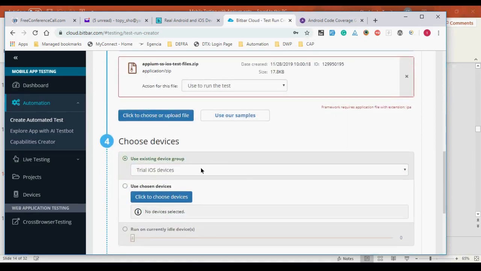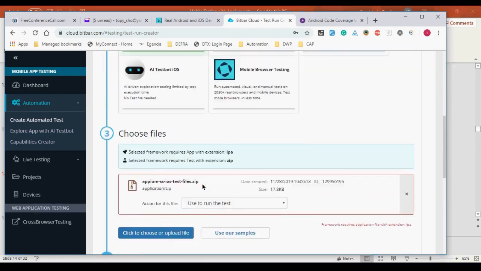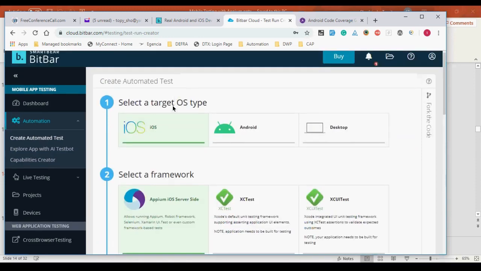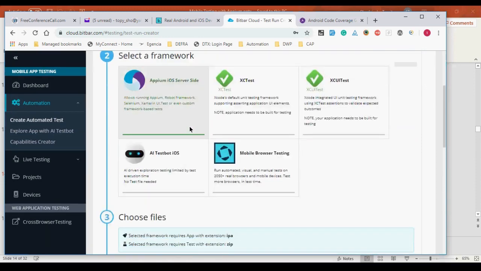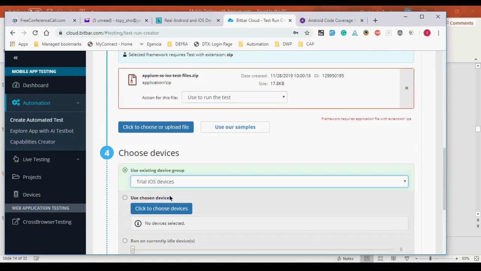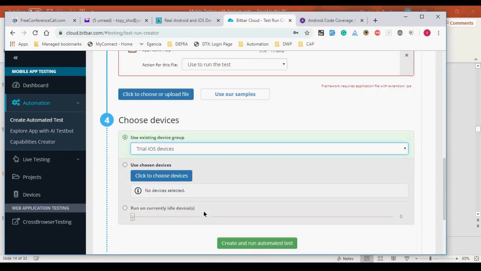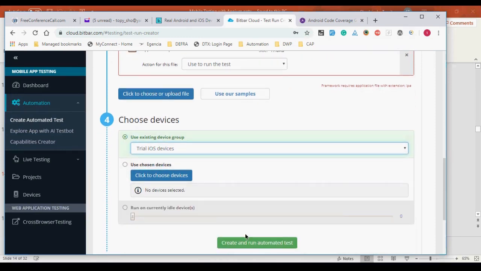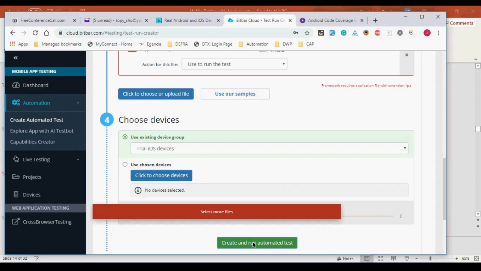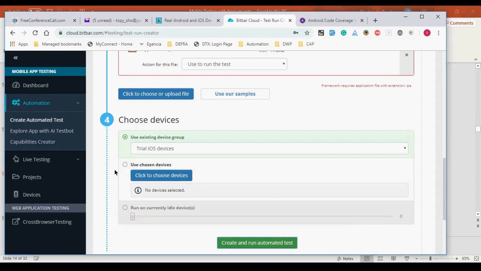So I want to use an existing device group. I'm using the trial. Well, it only gives me the trial iOS version because I'm running an iOS targeted operating system. So it gives me the trial iOS versions of devices. So once I click the select one or more files,